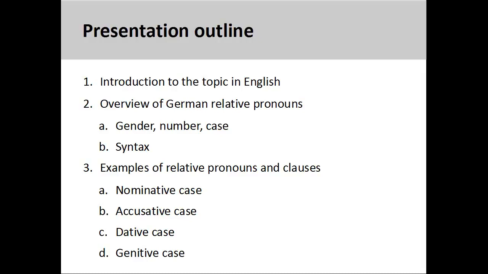We will see that relative pronouns derive their gender and number from their antecedent in the main clause, but that their case is determined by their function in the relative clause. We will also see that relative clauses in German manifest an unusual syntax with verbs coming in the final position